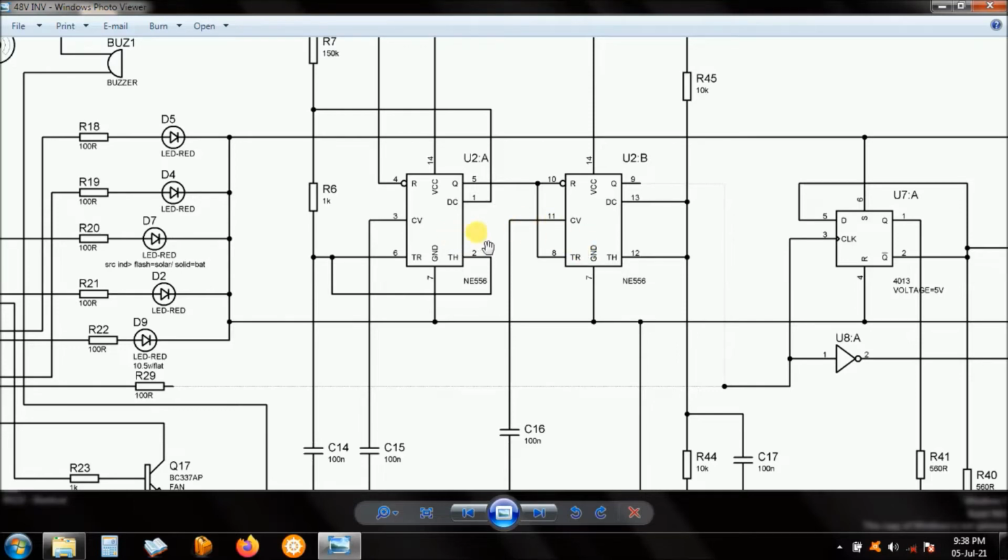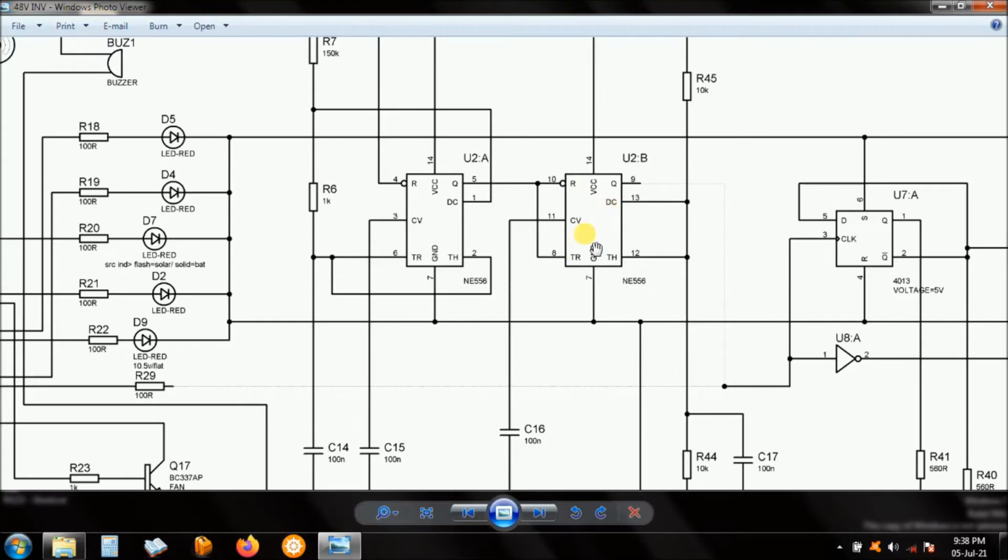But it is fed to the reset pin and the trigger pin. When we have a low on the trigger pin and a low on the reset pin, it means the output of this